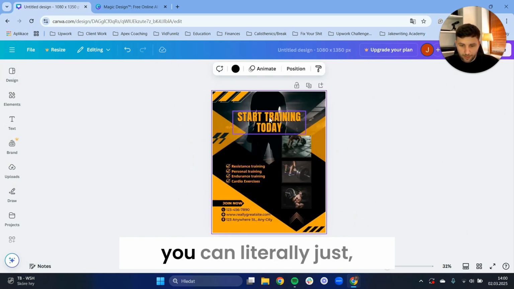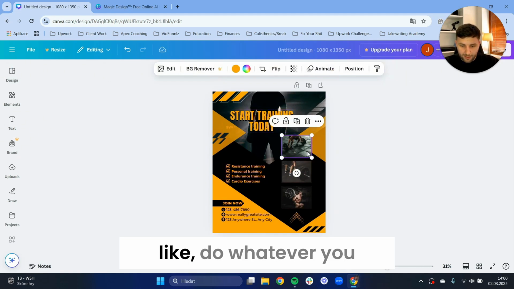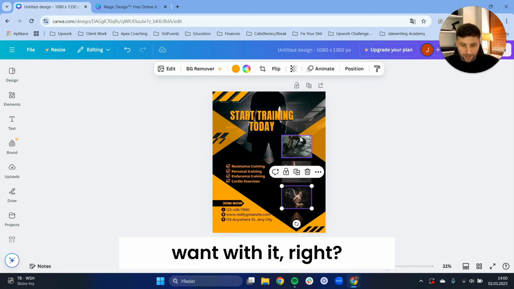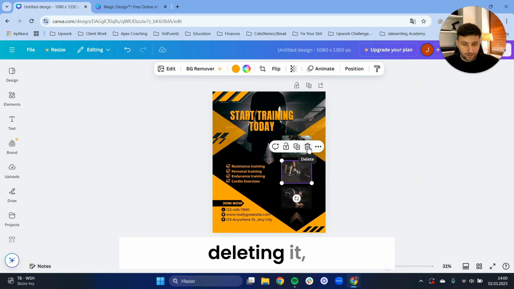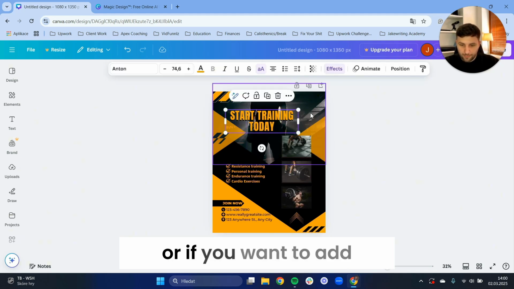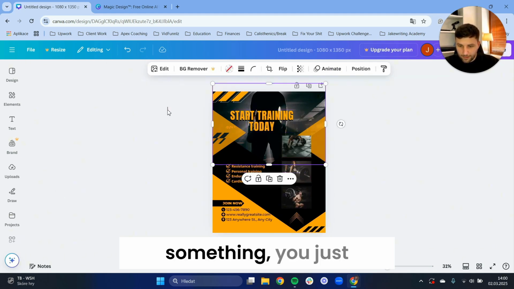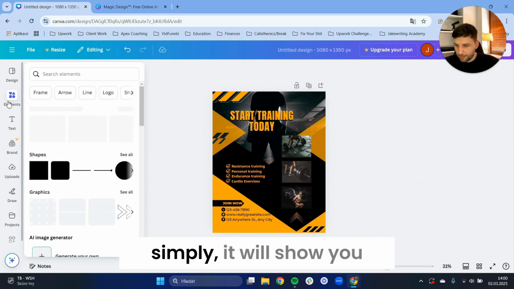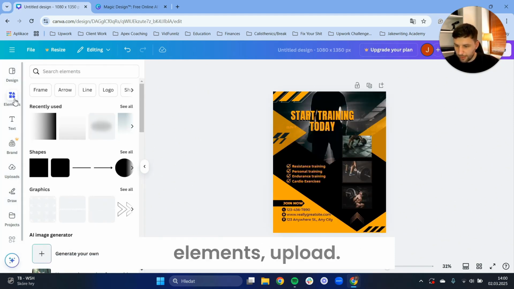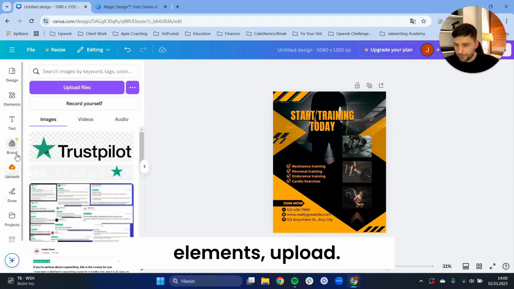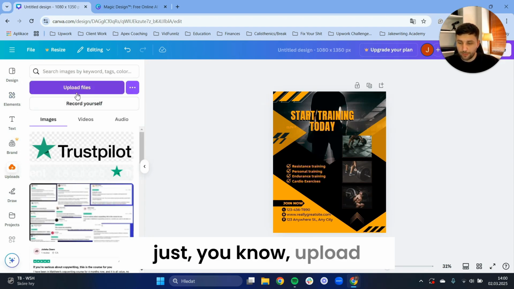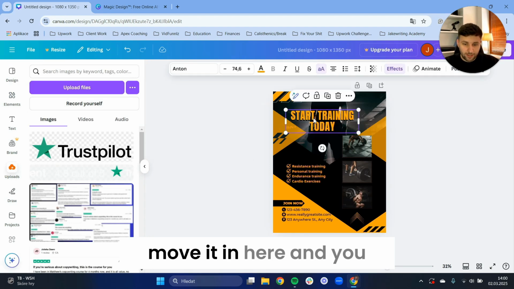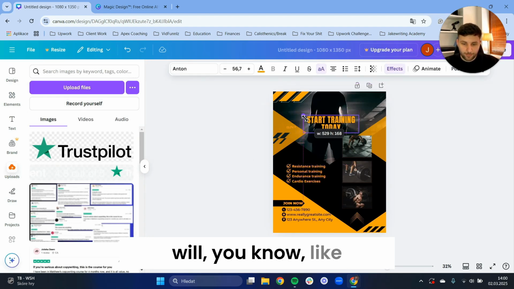And then once you're here, you can literally do whatever you want with it, right? Just by clicking it, deleting it, or if you want to add something, let me quickly show you: elements, upload, and right here you will just upload files, and then you will move it in here, and you will enhance